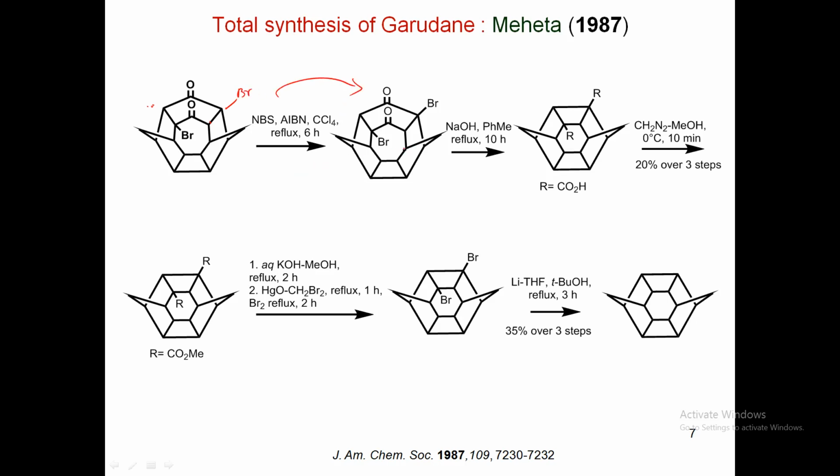Now in which condition, we all know this is just a Favorskii: elimination followed by this carbanion formation and ring contraction. So Favorskii is a well-known reaction they have all done, and this is the ester they have generated, or acid you can say, two acids or esters they have generated. So from esters with this condition they have generated acid, then they have done KOH methanol mediated hydrolysis,